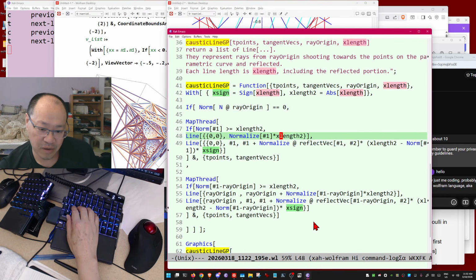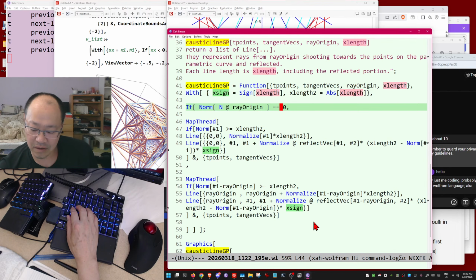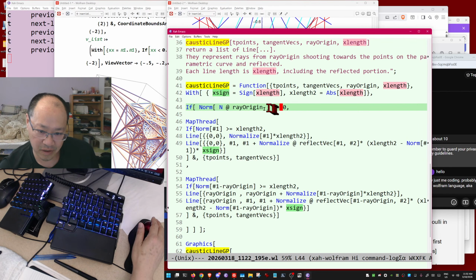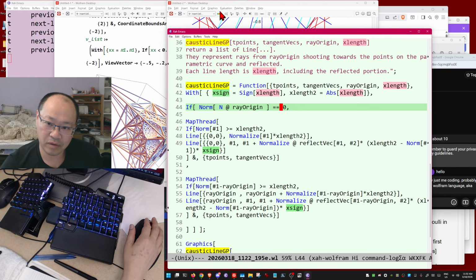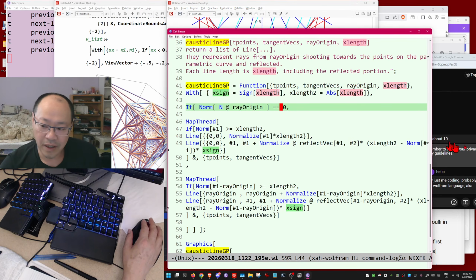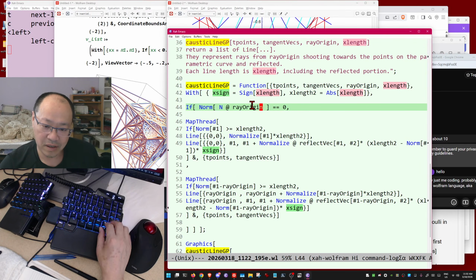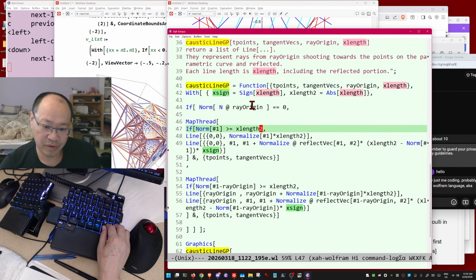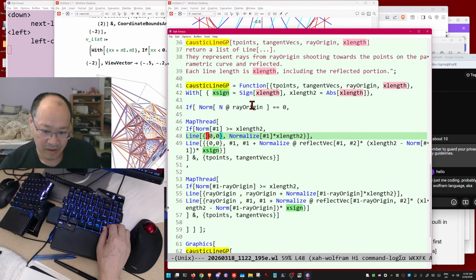You are drawing a line. If the light source, the ray origin, is at 0, 0, the length of it, Norm means the length. So if it's a 0 vector, it means the origin, which means the 0, 0 coordinate. Then you create a bunch of lines from 0, 0 to